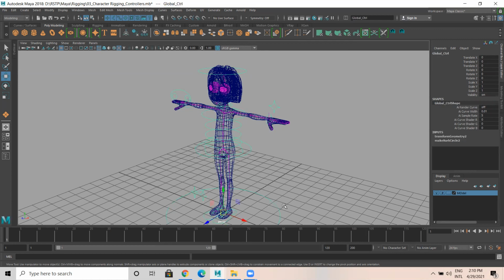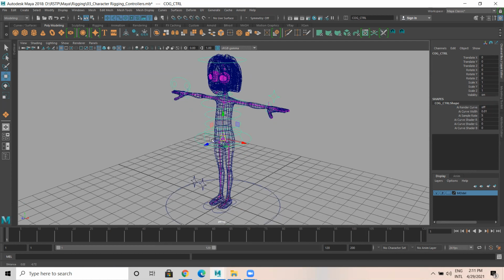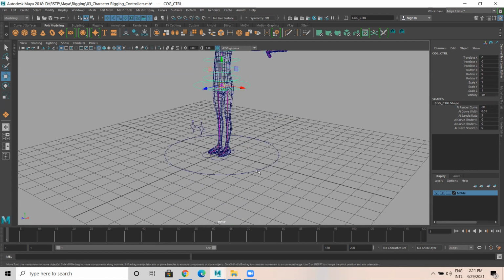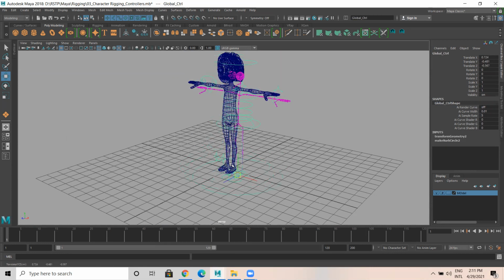So the separate hip is a child of hip; all of these are children of this thing separately. See, the spine is a child of this. The hip curve separately is a child of this. Then both the hand curves and the pole vectors are children of this, and the leg controller and pole vector are children of this. So when I select, this is the output which I'm getting.